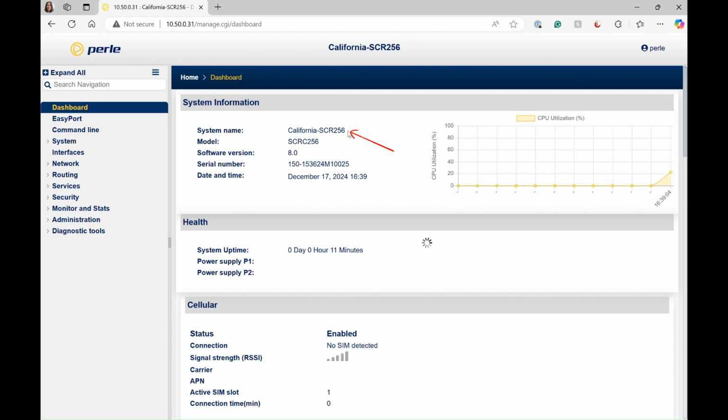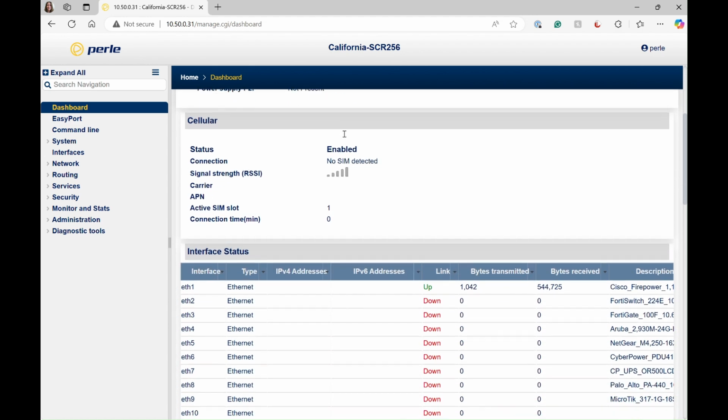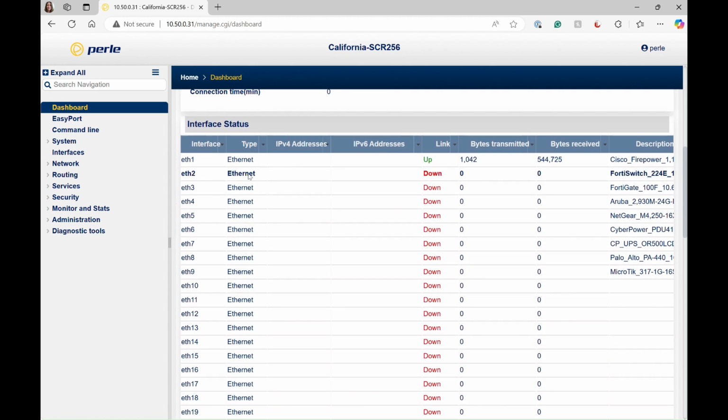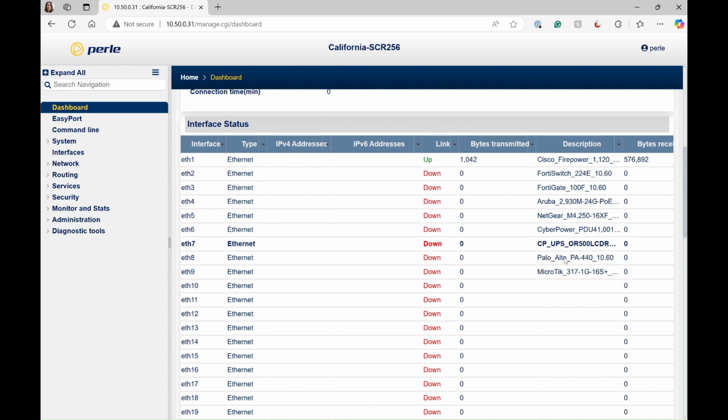You'll see the IOLAN has its name here. As I scroll down in the dashboard, you will see all of the devices that are or will be connected to the Ethernet management ports. Where you see the link is up in green, that means the cable is connected. If it is down in red, that just means my colleague in California has not plugged in the cables yet